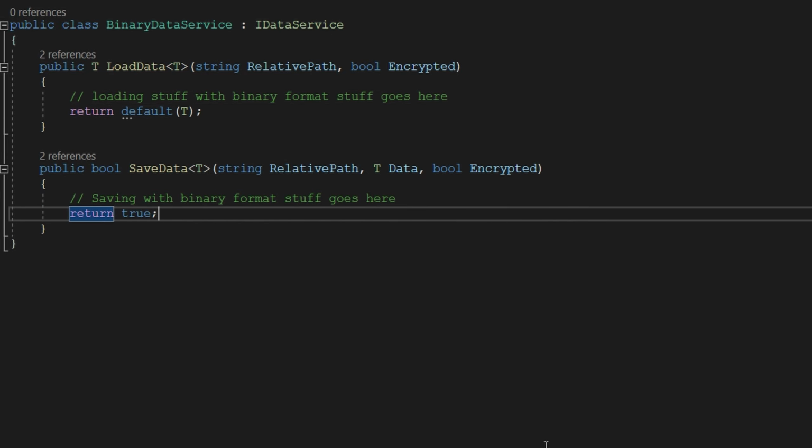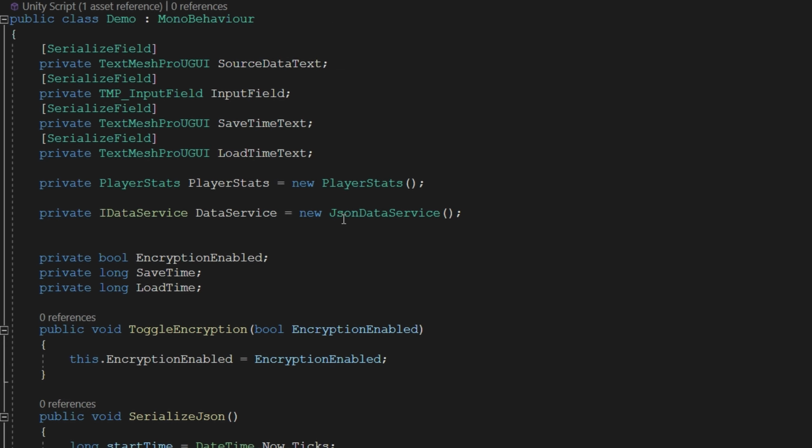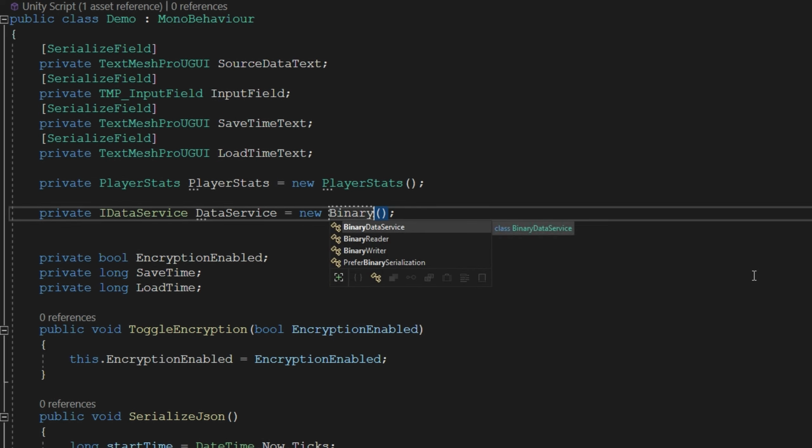And instead of instantiating a new instance of the JSON data service, you just instantiate a new binary format data service instead. The rest of your code stays completely the same, so it really minimizes the changes of where you're going to have to change if you want to change potentially large portions of your code. This is just one of the benefits of interfaces. There are several other ones, but this is a really common one that we'll run into a lot of times